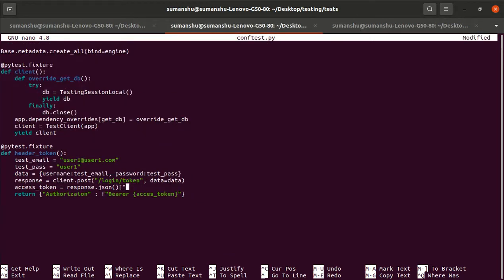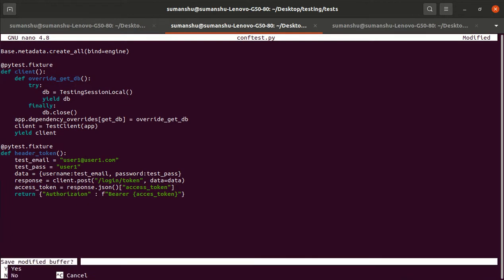That's it. So now we have the token, and now we can pass the token. So our test case is now perfectly okay. Hopefully it should work. So this will create an item. Yeah, that's fine. So let me test.